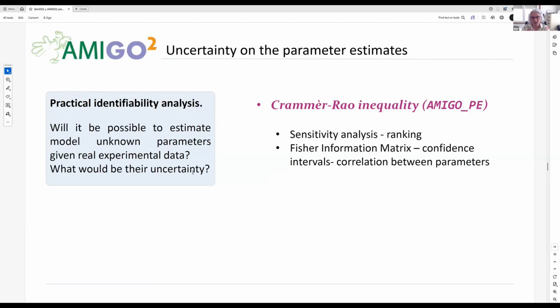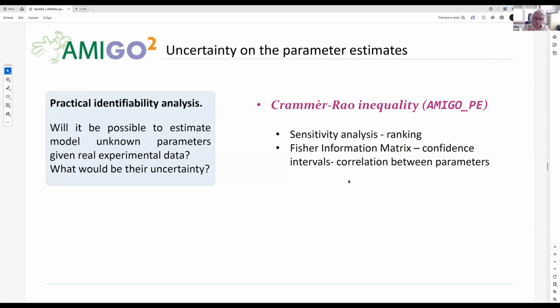This means trying to assess the accuracy of those parameter estimates and whether they can be estimated at all. We can do it a priori, for example, using sensitivity analysis. So we have the possibility of running local and global sensitivity analysis, and we can do it in parallel with parameter estimation using the Fisher information matrix